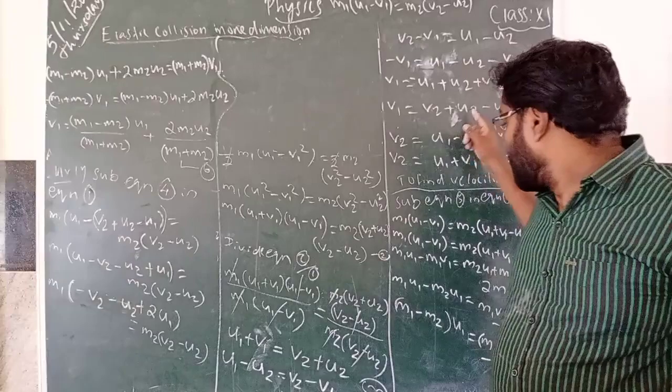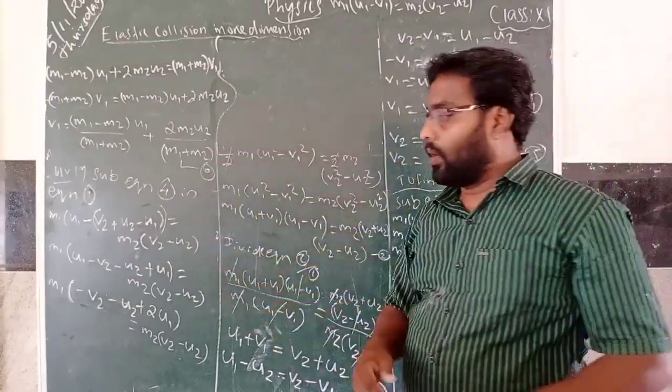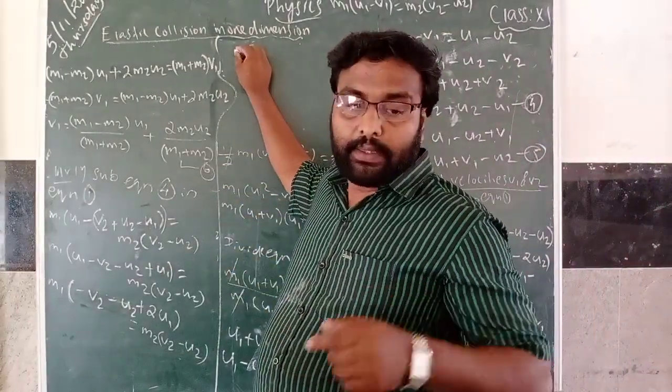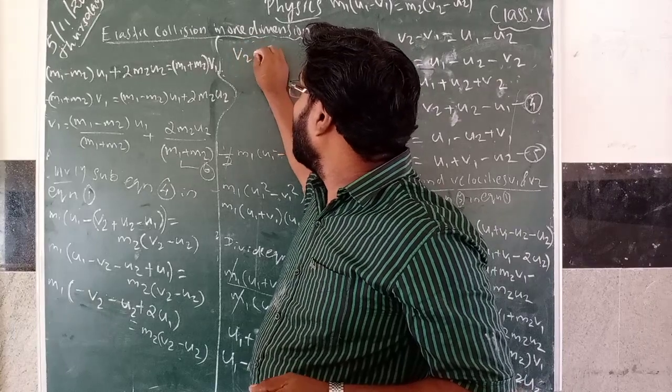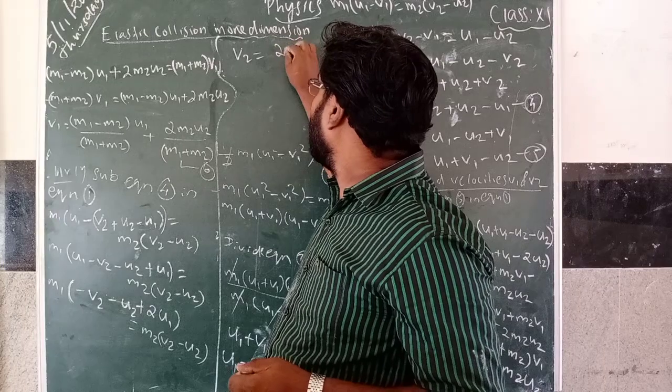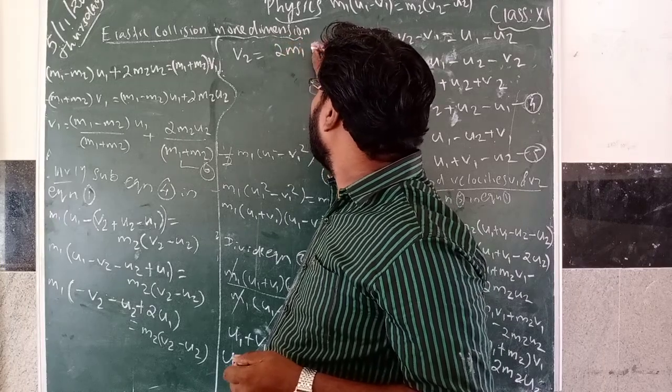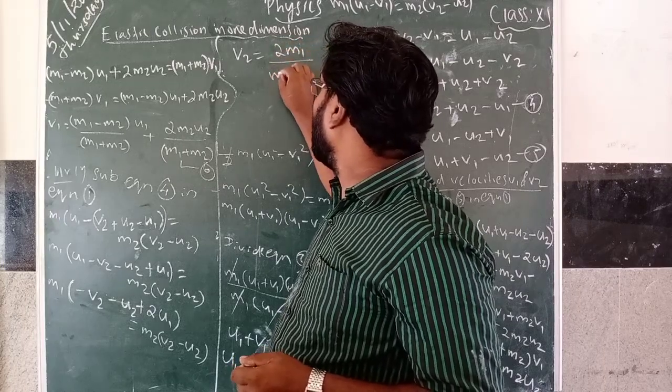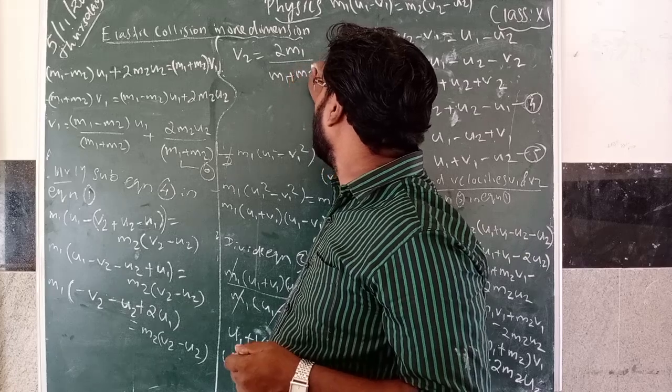The same step which we did here you have to follow. So you will get an equation: V2 is equal to 2 M1 by M1 plus M2